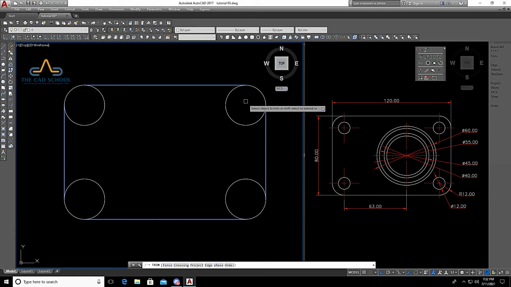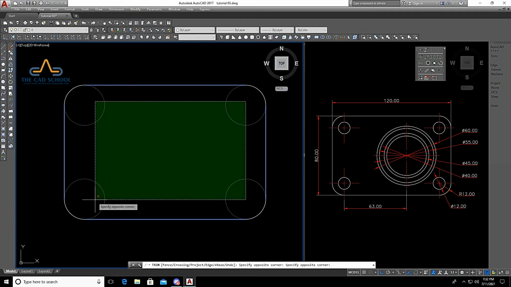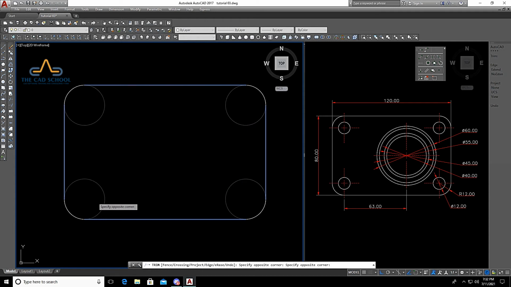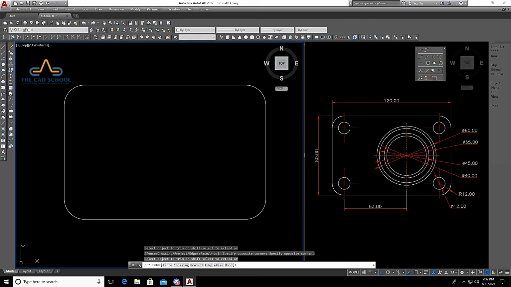So for crossing selection, select one point, release the button, drag and again select the point. It will remove the unwanted portion of circles.